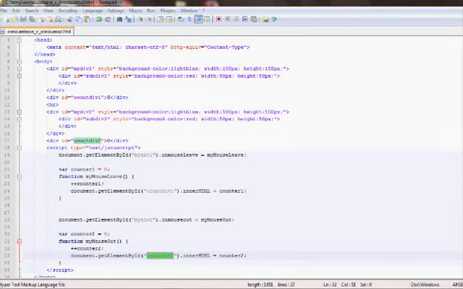In this JavaScript tutorial, I'll go over onMouseLeave and onMouseOut events. In this page, you see I have declared a div called myDiv1 with background color set to light blue and width and the height to 100 pixels. Then I have a containing div inside myDiv1 called subdiv1, which I set to background color red and width and